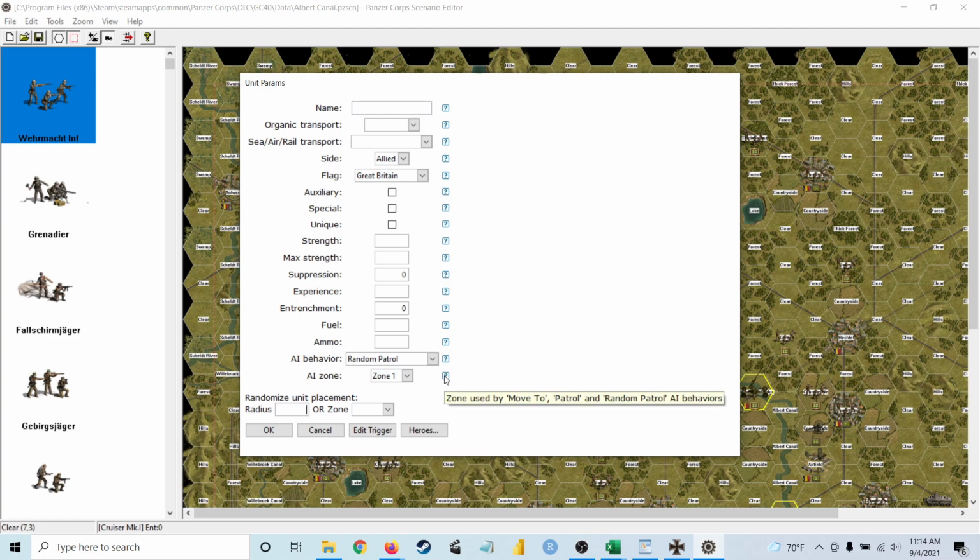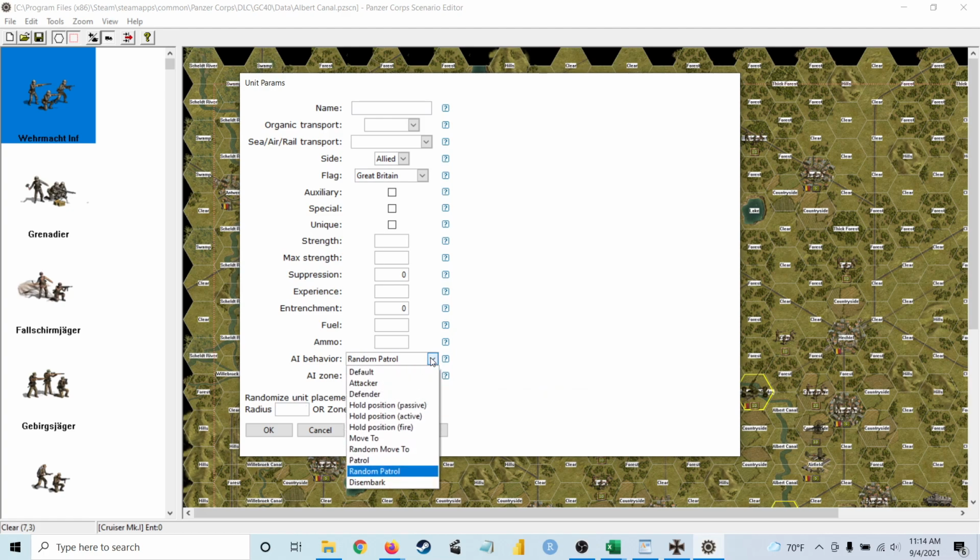So zone is used by move to, patrol, and random patrol. Interesting. Oh wow! So let's say you're the attacker, you can change the zone that it moves to. No, it's move to. You'd have to change it to move to. I don't know what move to means. They'll attack though. This is kind of interesting. Like reserves, it probably makes sense that they should be set to move to, and then you pick the zone that they move to. They've got orders, and they have to go to that area. I think this may be how